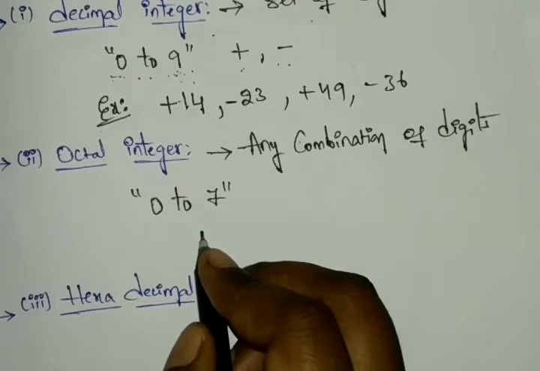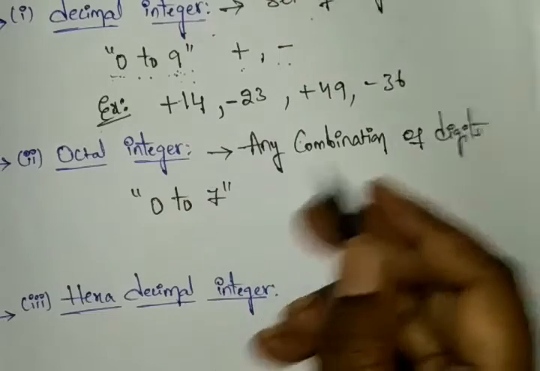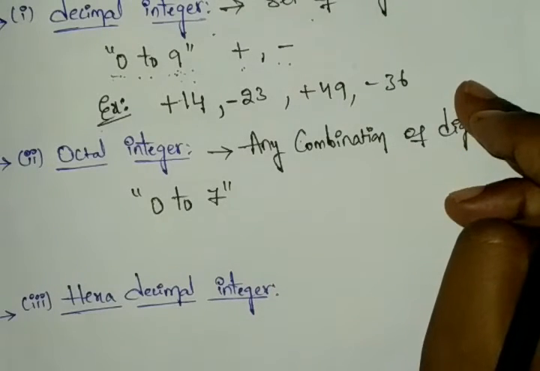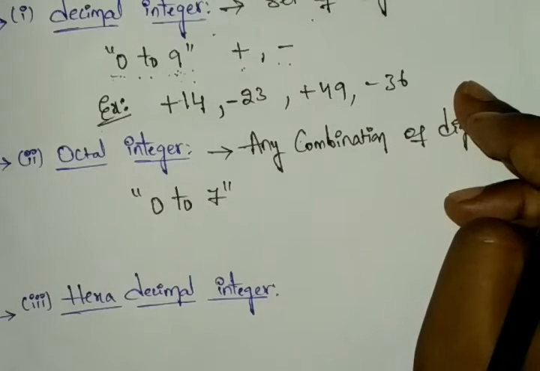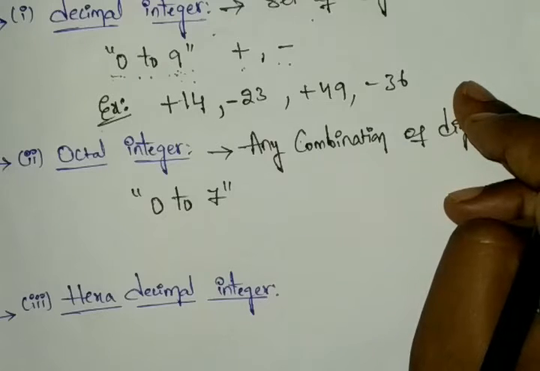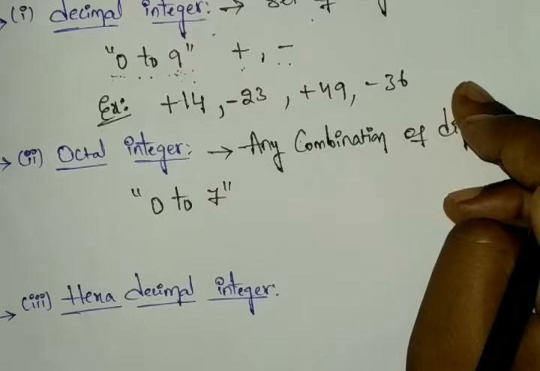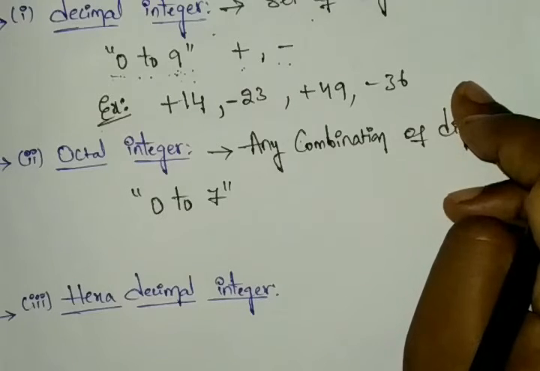Yes, in the decimal integer also we have 0 to 9, but in this we have 0 to 7. Comparing to that, 8 and 9 will not be there in this, but the numbers 0 to 7 are the same. Compared to the decimal integer, how can we identify them whenever we are writing a program or defining these? That is the question here.